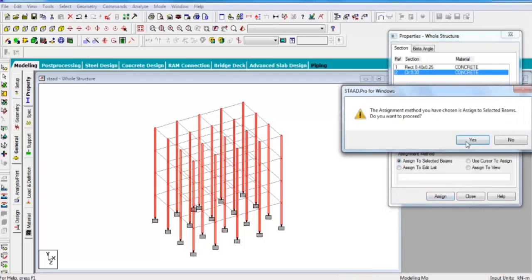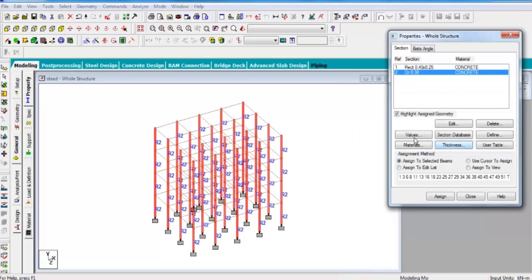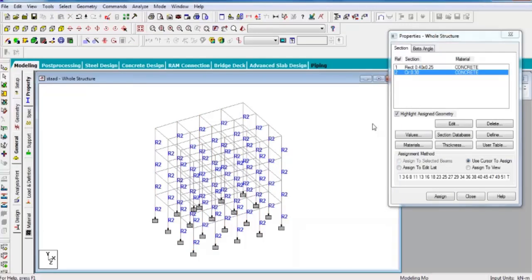Then it will show a message: the assignment method you have chosen is assigned to selected beam. Do you want to proceed? Always click on yes. Then you see this R2 is assigned. Now select the second property for beams.